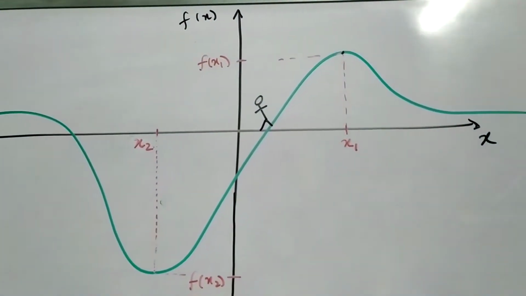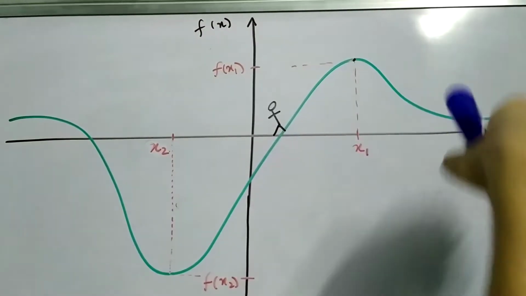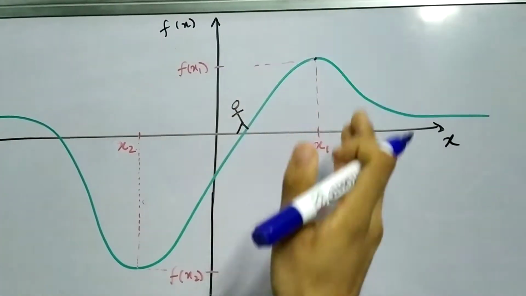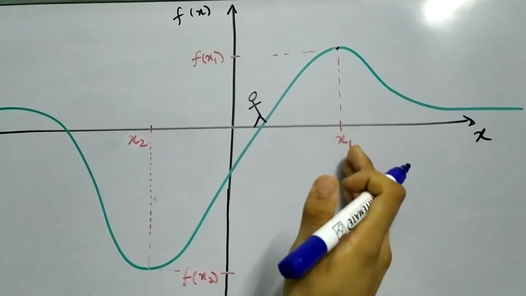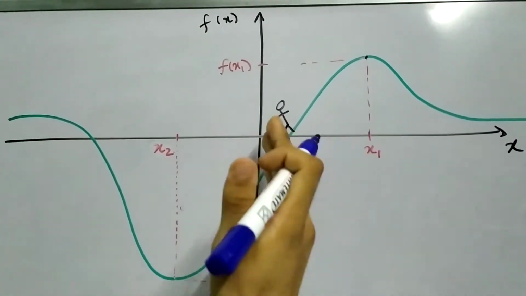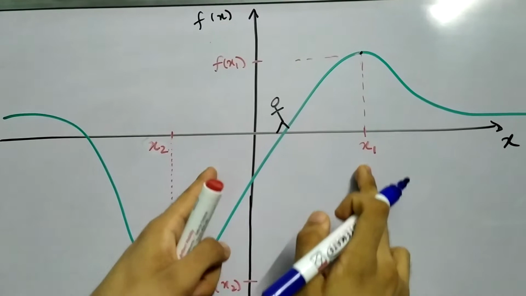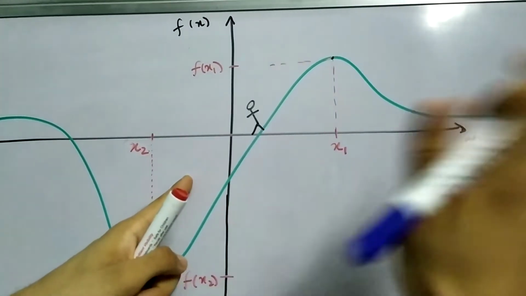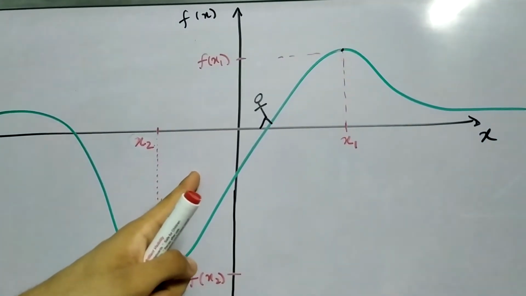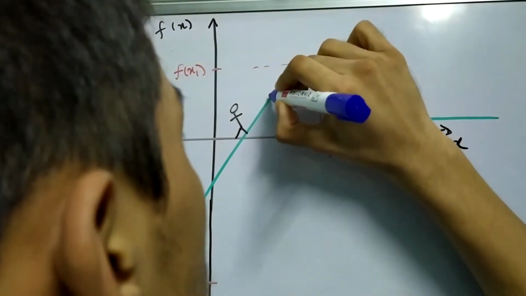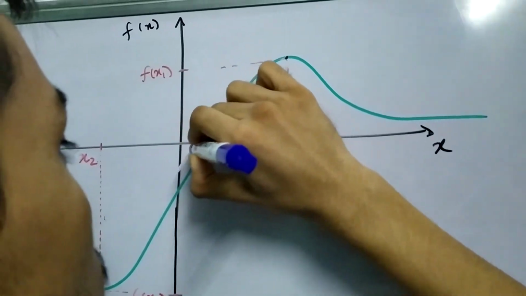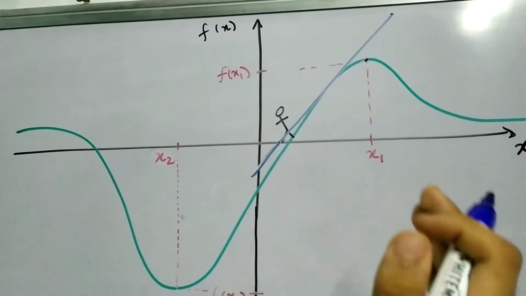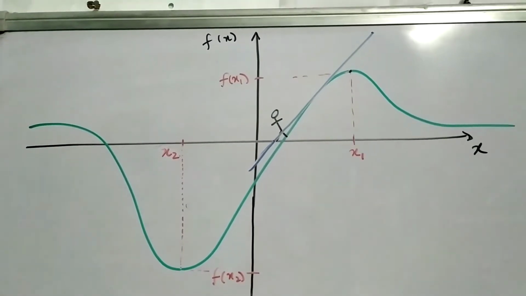Now let us consider slopes around this point, around x1. So if your function is increasing before x1, for the part of this function which is lesser than x1, your function is increasing. So will your slope be positive or negative? Think about it. Your slope must be positive. It's how much you rise upon how much you run. So both are positive in this case.